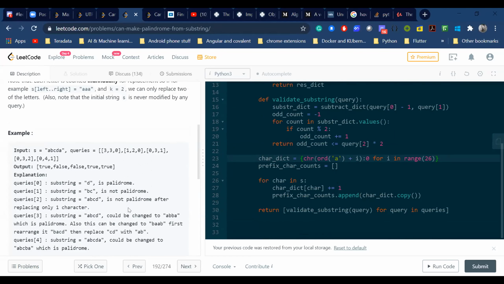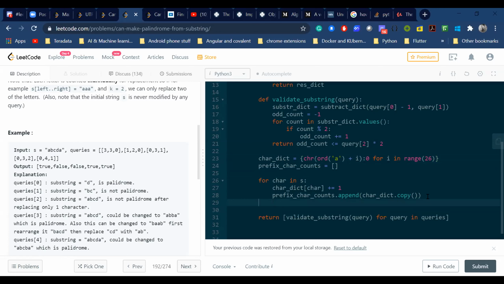One extra optimization I did is instead of calculating the count for the substring when we get the query, initially I'm maintaining this list called prefix count, which has a map for each length of the string. Each one has the count up to that length. Let me print this.